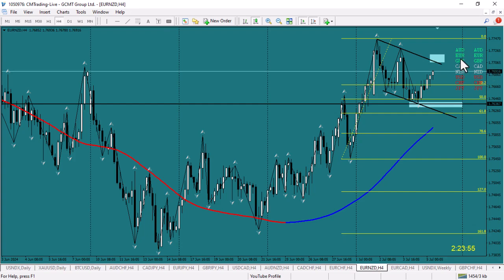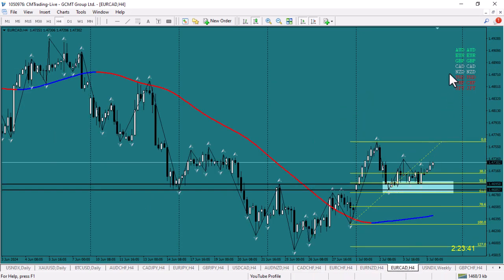But we've got the Euro very strong. So, if it gets back down here to test the support levels here between 50 and 61%, I'll take a long on a candle reversal. Other than that, a breakout, a retest, and a candle reversal, that'll get me long also on this flag pattern.